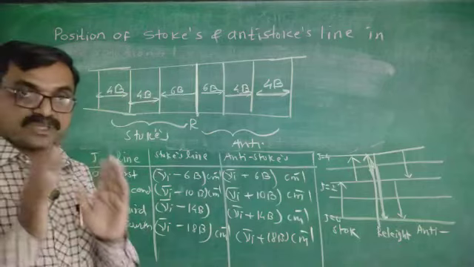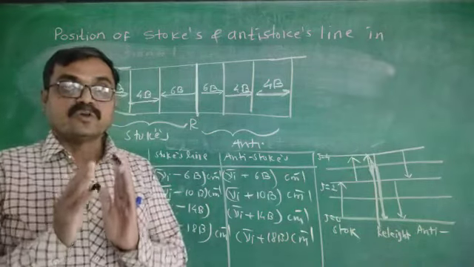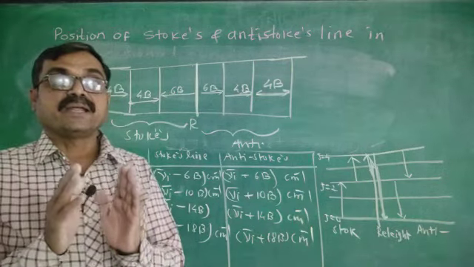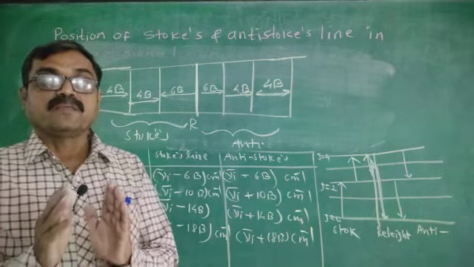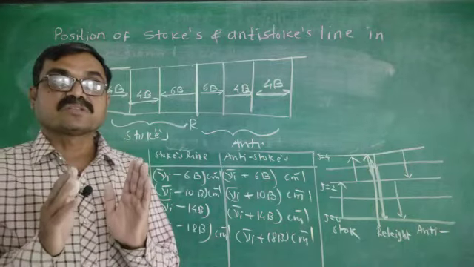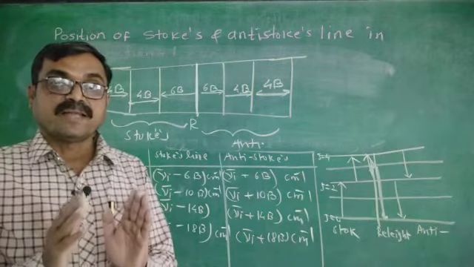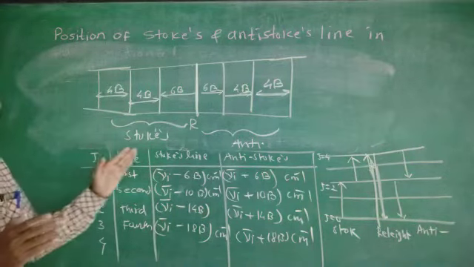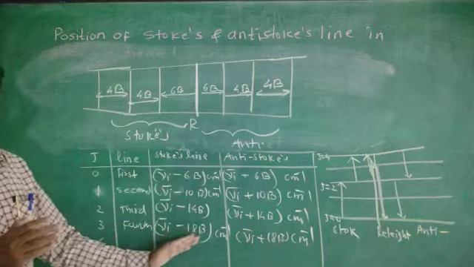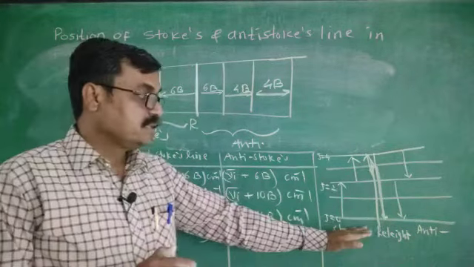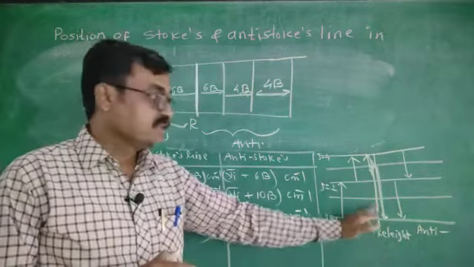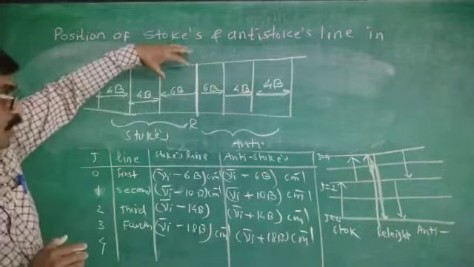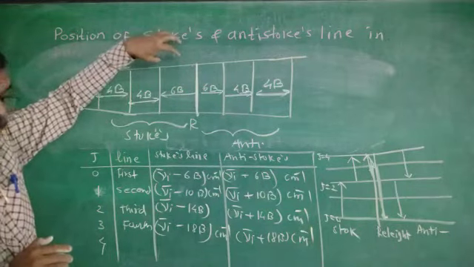Means what you have to see in this: you have to initially see which lines are Stokes and anti-Stokes. Now the expression for Stokes lines and anti-Stokes lines. Later on you have to calculate the value for Stokes and anti-Stokes lines. Later on you have to see this transition. This is Rayleigh scattering, this is Stokes line, this is anti-Stokes line. Later on you have to plot on the graph, the photographic plate.